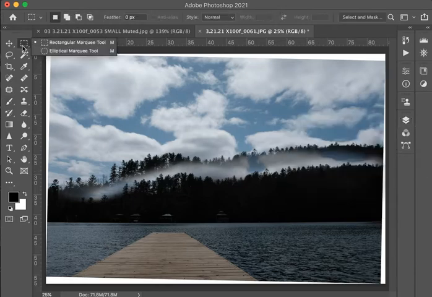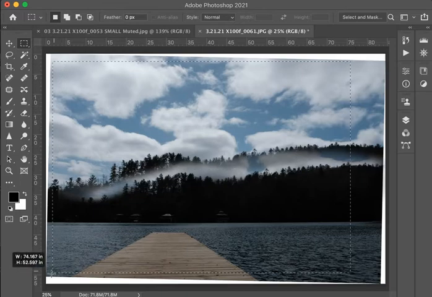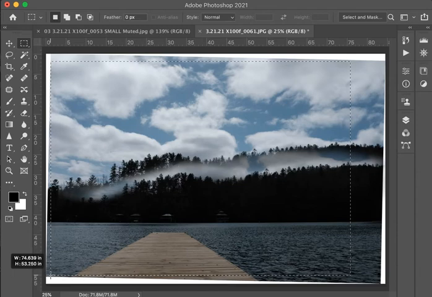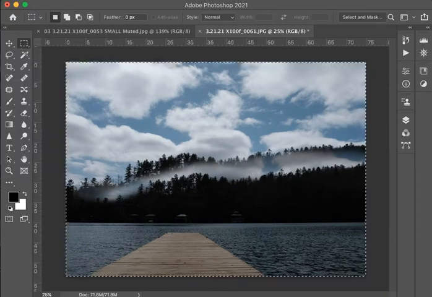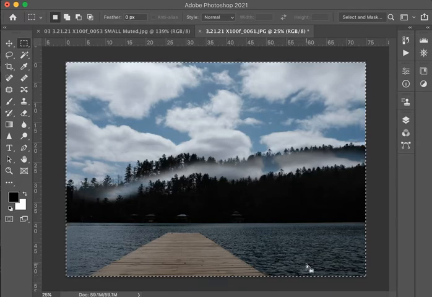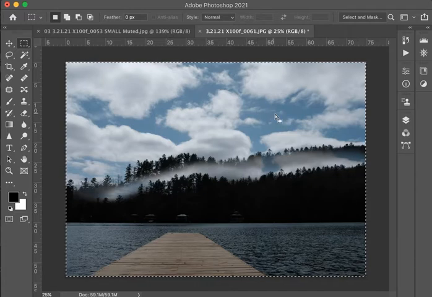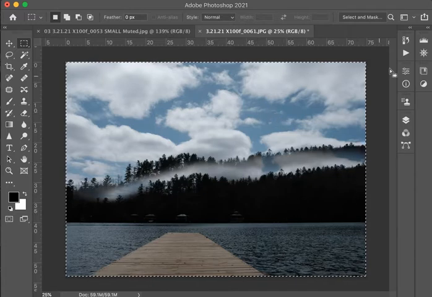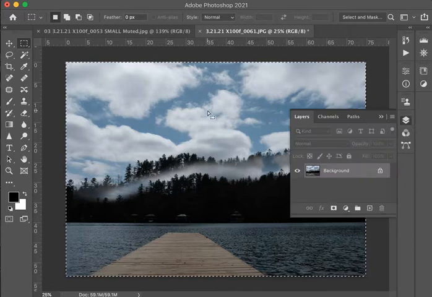And at this point I'm going to crop the image using the rectangular marquee tool. And so I designate my area that I want to be cropped. And then drop down menu, image, crop, and that will crop the image. So this is where we are now. I want the sky to have a lot more contrast. I want the foreground to be a lot brighter. So again, I'm going to duplicate the layer,